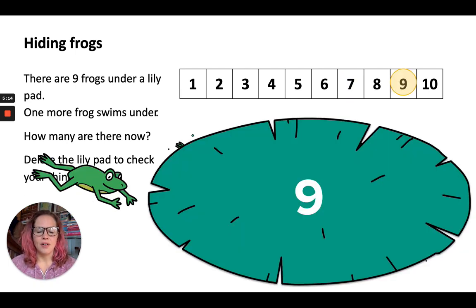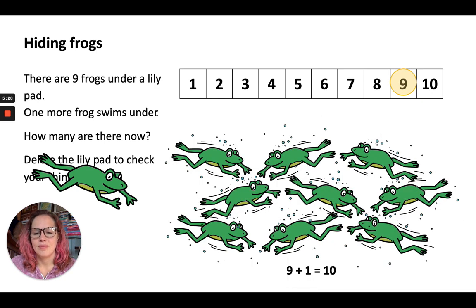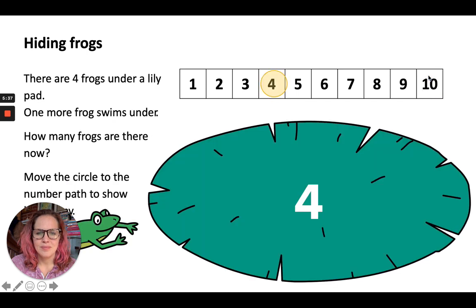There are 9 frogs hiding under a lily pad. 1 more frog swims under. How many are there now? We had 9, and we add 1 more. 9 plus 1 is 10. We had 9, and now we have 10. There are 4 frogs under a lily pad. 1 more frog swims under. How many frogs are there now? 4 plus 1 is,